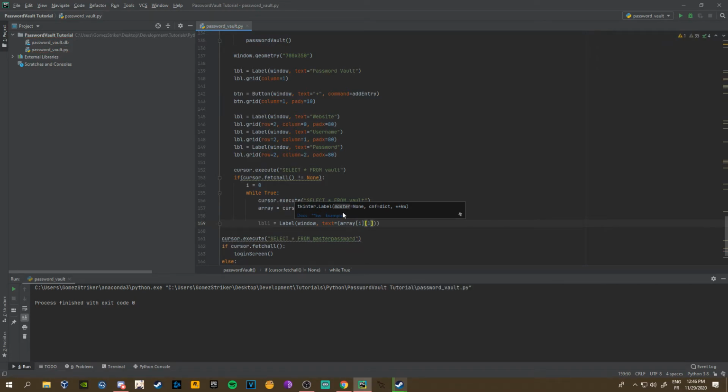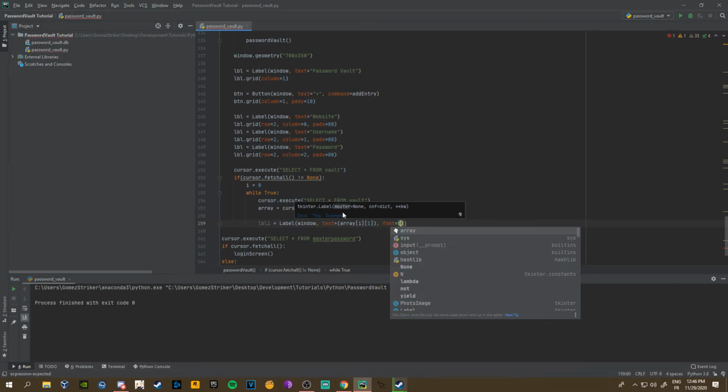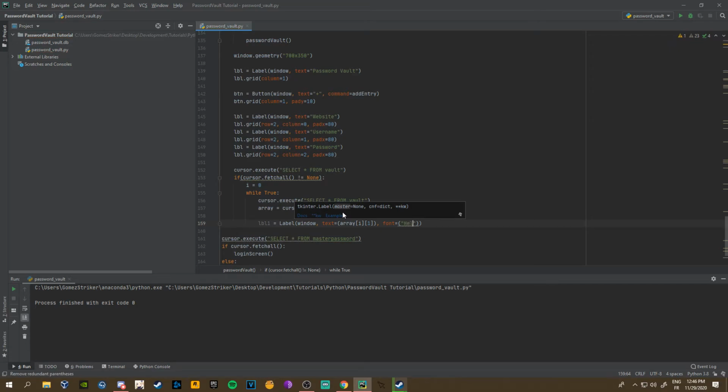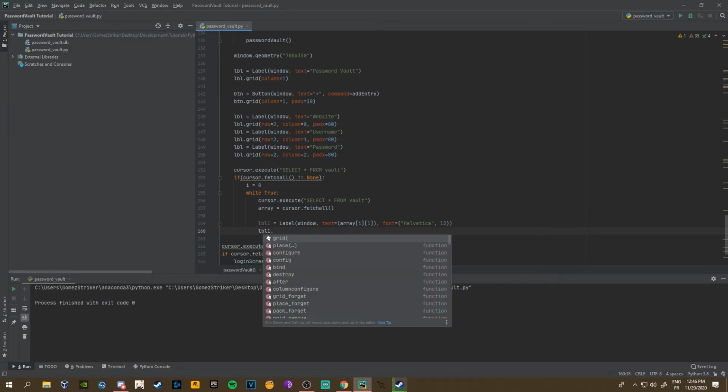So 1 is gonna show the website, right? And then you want to do dash font. This is just my personal preference, quotation marks, Helvetica, and then dash 12. Okay, and then you want to do label 1 dot grid,